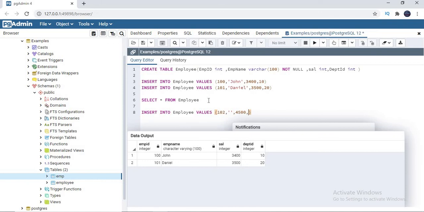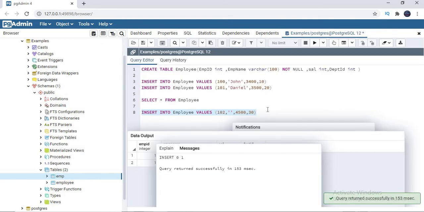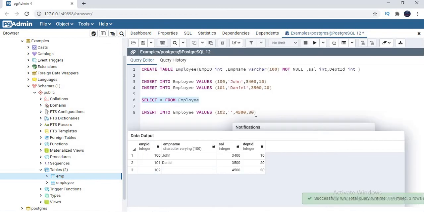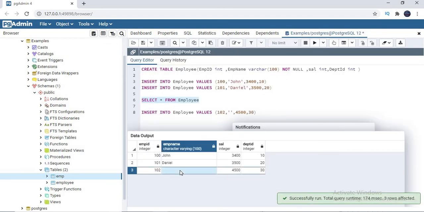I'm giving a very high salary, and department as 30. Let's select that and run this. The query returned successfully in 153 milliseconds. Now let's run the select. You can see it's blank. The employee name went in as blank. I kept a not null constraint, but the blank value is accepted here.